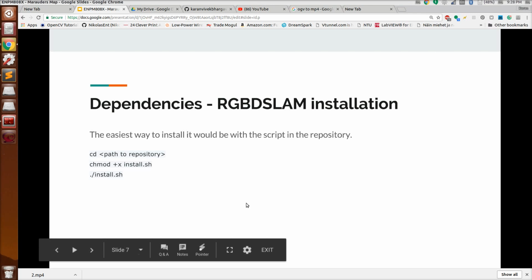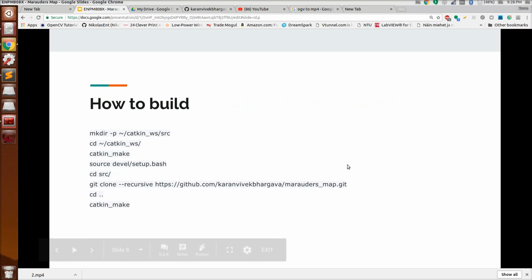And if not, you can use the RGBD SLAM, which is the one given in the official website, which I've included in the documentation. Now, how to build this? We will follow these instructions in a video